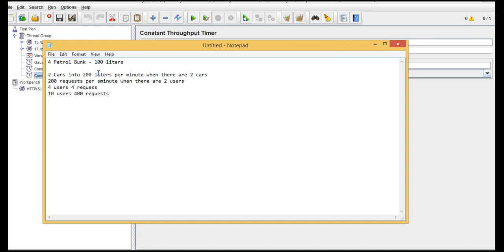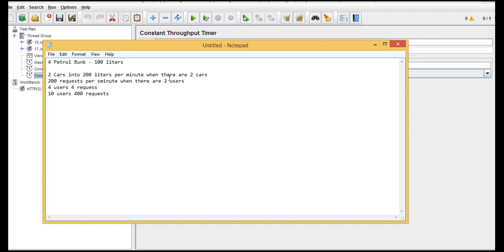If you go for 2 users, it will give you 200, 3 users 300, 4 users 400, but for the 5th user it also stands at 400 only. That is the maximum throughput it's giving to you. So that's how you can calculate throughput: how many requests per second is the server serving, how many requests per second is that server providing us? So that's about throughput. Hope you got a clear picture now by taking this real-time example.